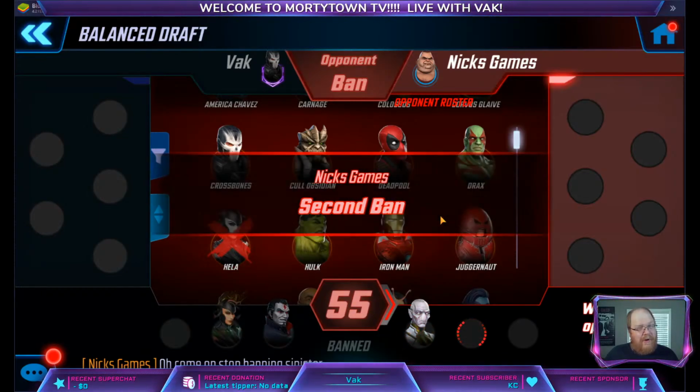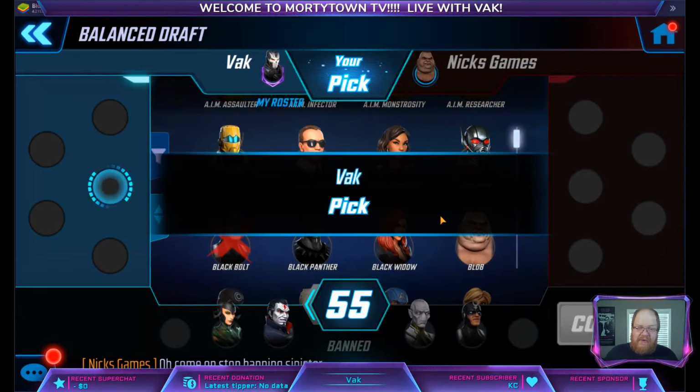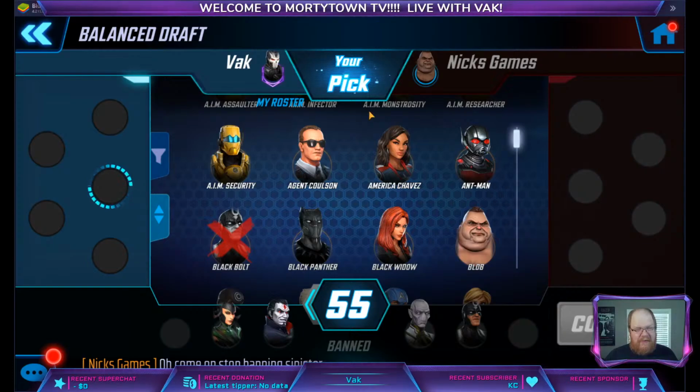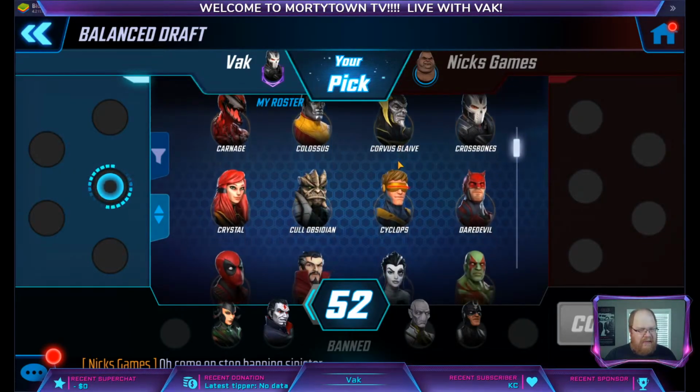And he goes with Ebony Maw. Not a terrible choice. I like to get him if I can. And of course, Black Bolt, always one of my first picks. All right, so I get the first pick. I'm going to take...